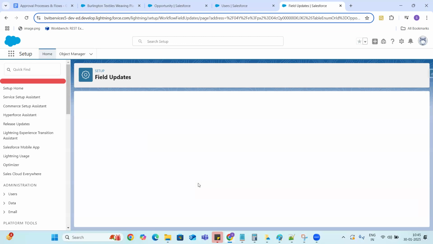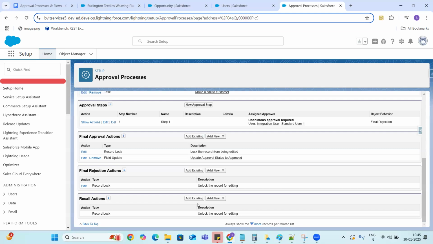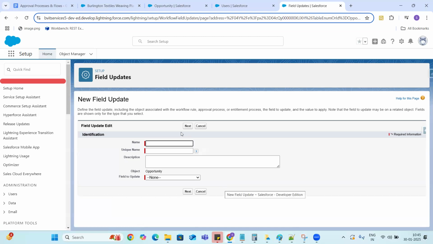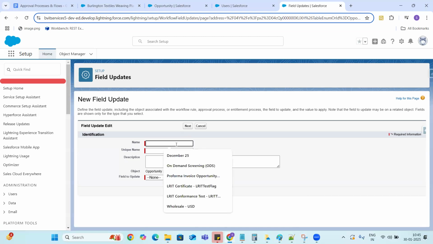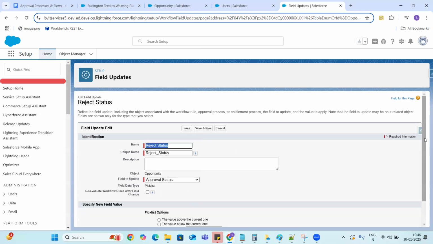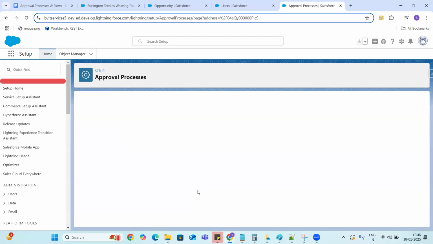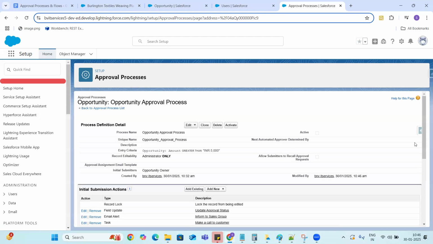And the same way, I can do the field updates on rejection also, guys. And the same way we can use it for the recall also.